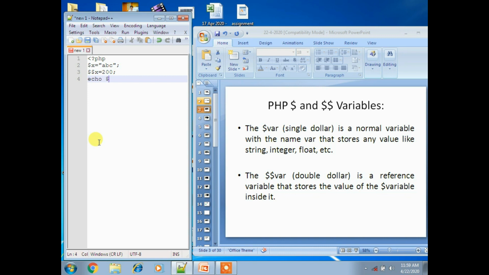I am printing $x dot, in double quotes, a line break, and in the same way I am printing $$x also, with echo. So $$x dot, in double quotes, a break statement. Now echo print reference statement $ABC; then close the PHP tag.